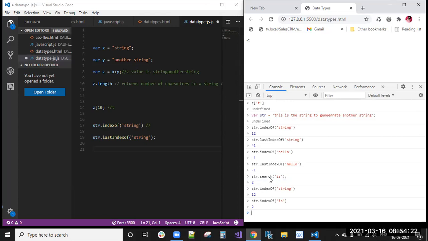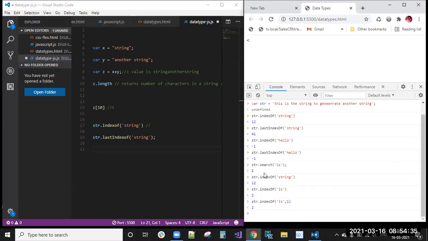But the only difference between the search method and the indexOf method is that the indexOf method will accept a second parameter, but the search method will not accept parameters. What do these parameters mean? They specify from which position the search needs to start. That refers to the second parameter.